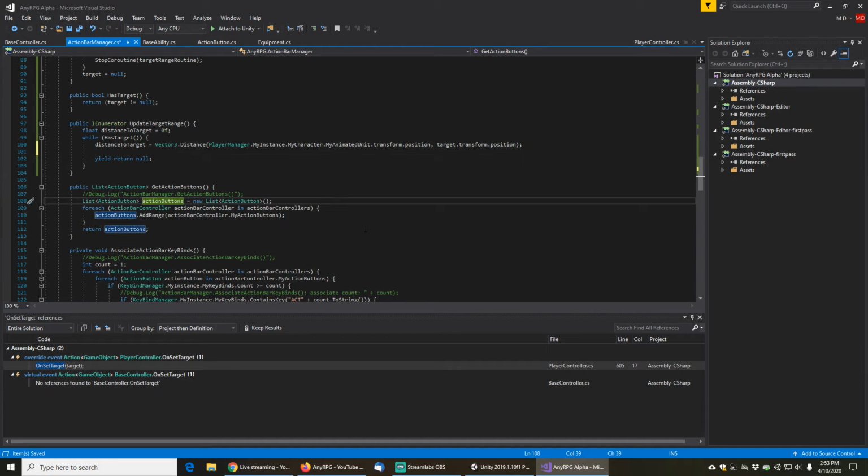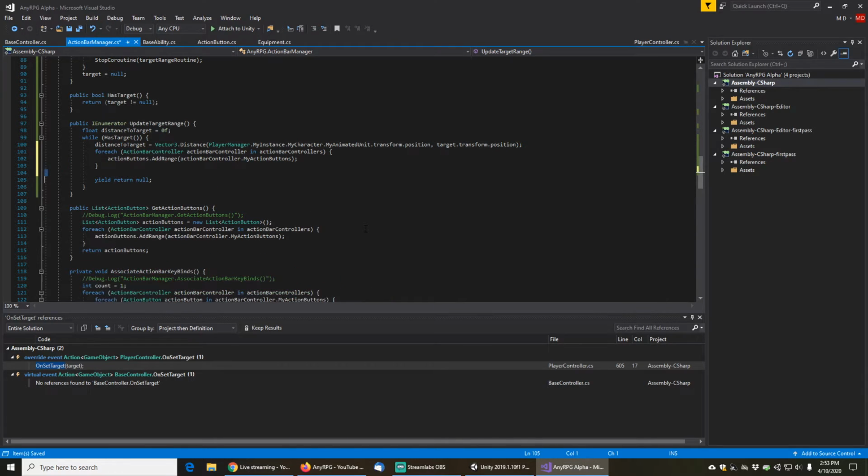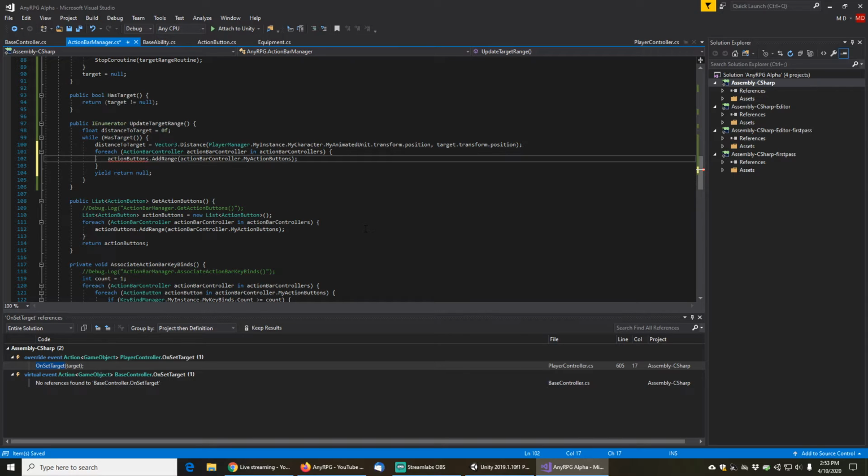So here, this is basically the loop, because we have action bar controllers. So we will loop through our action bar controllers,